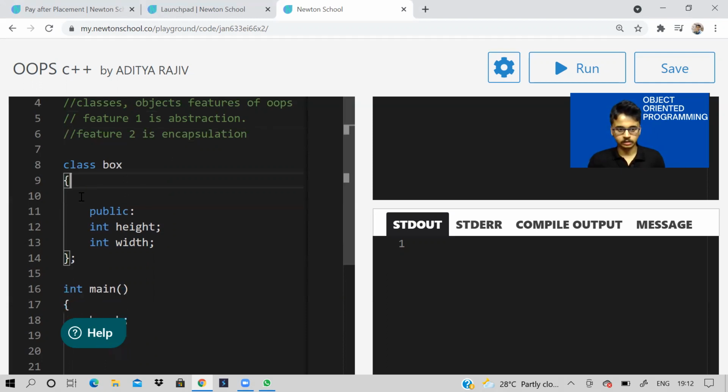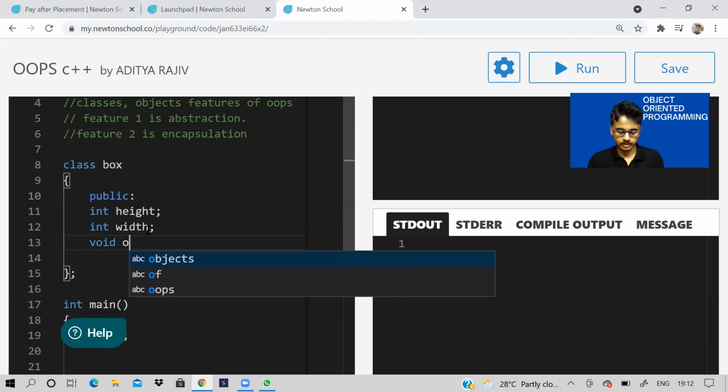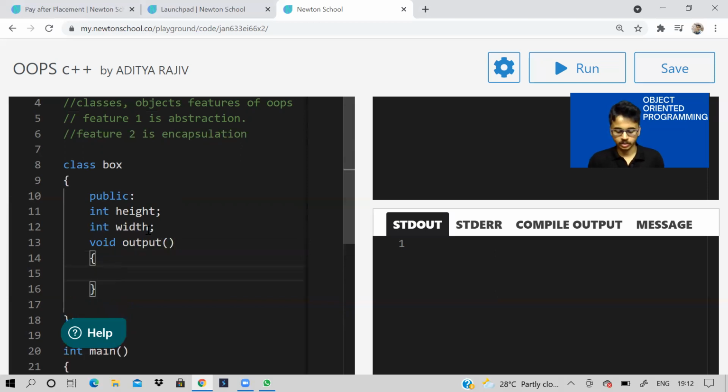like this. I have a class box and I have two data members, height and width, and I have a function. So I'll say output. Let it be a void function, and I'm just going to print the dimensions of the box.